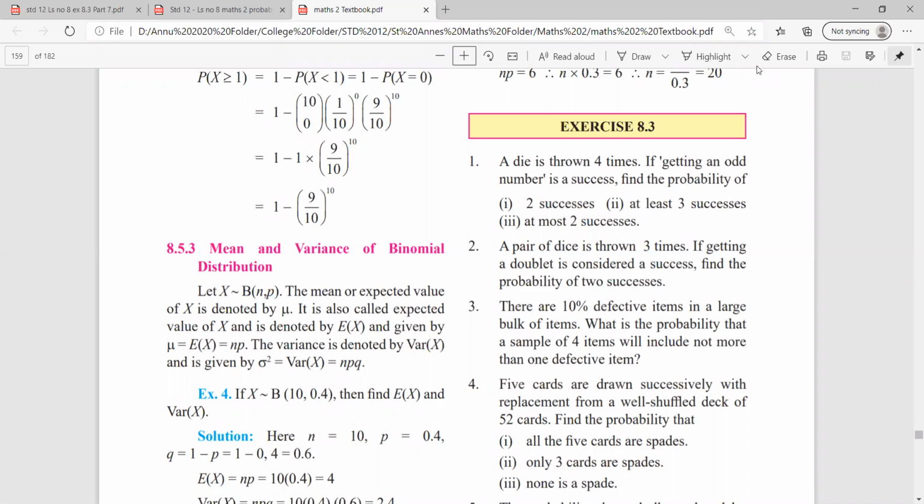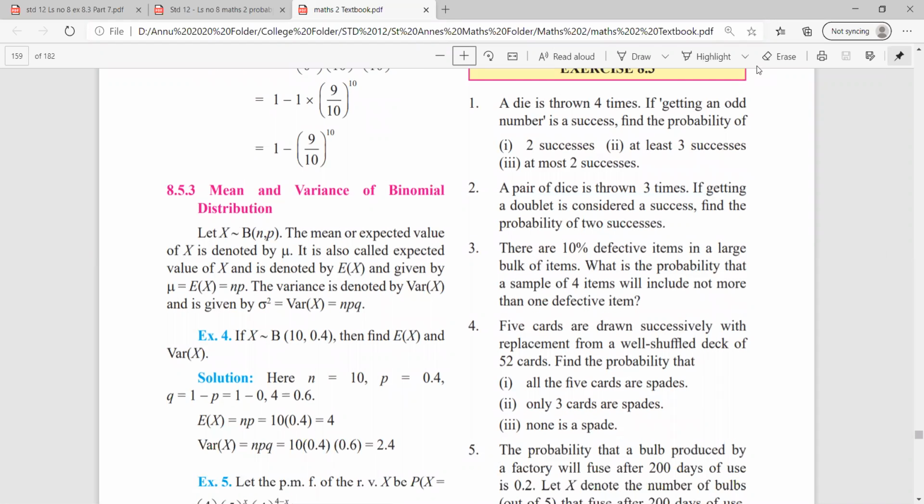So, yesterday, as you all know, we started with exercise 8.3 of our Maths syllabus, probability distribution. The topic was binomial distribution. So, continuing with the exercise, we'll be winding up exercise 8.3 today. Yesterday, we finished some simple sums. Now today we'll be targeting some slightly tougher sums. So coming to question number 3, pay attention.